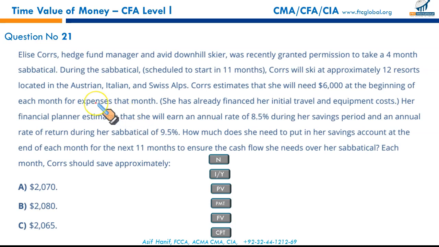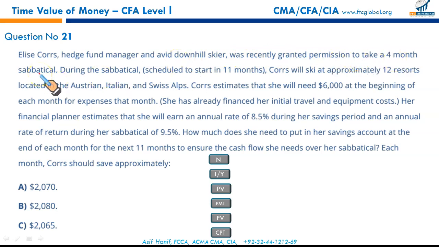Okay, here we go. Looks a little challenging, a bigger one. I love questions like these that require some math. Just a minute. Alice Coors, hedge fund manager and avid downhill skier, was recently granted permission to take a 4 months